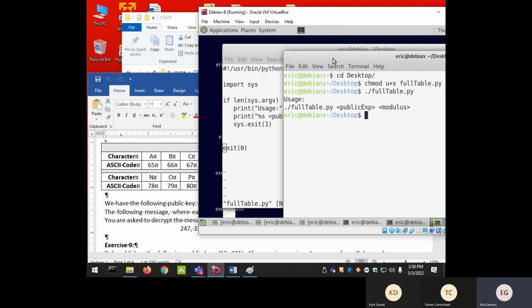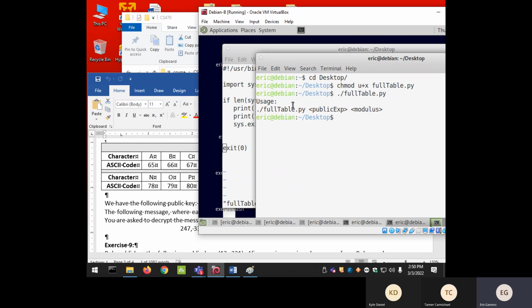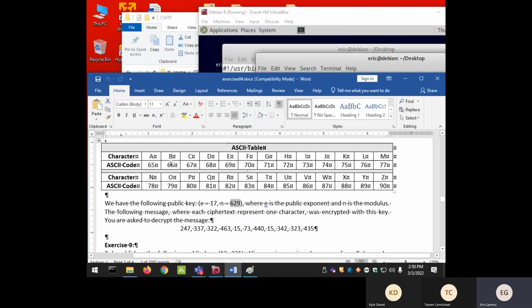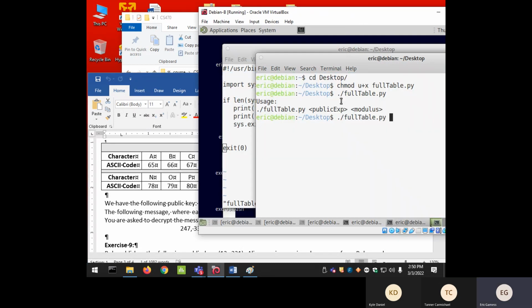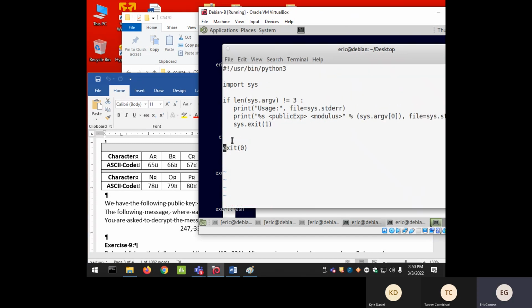So the way I should use it is, for example, in this case, the public exponent is 17 and the modulus is 629. And I want the whole table. So here, it didn't show any message because it exits here, no? Okay, so